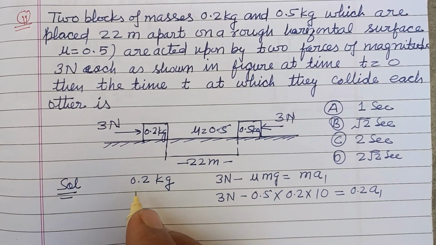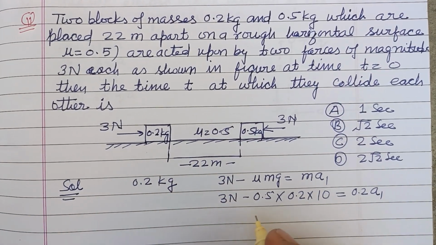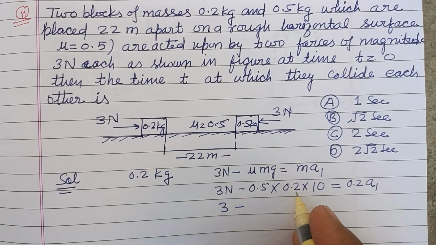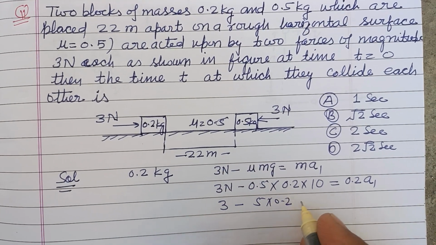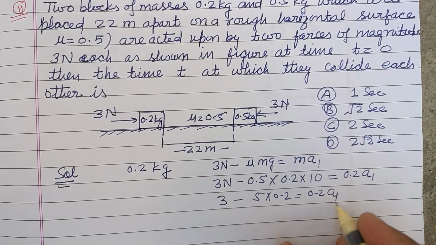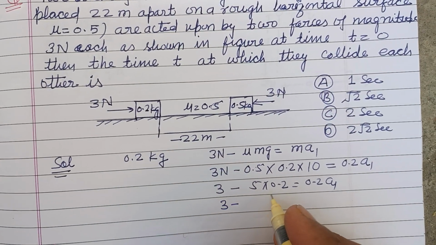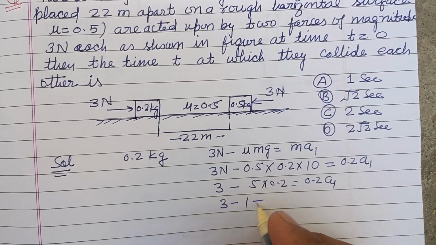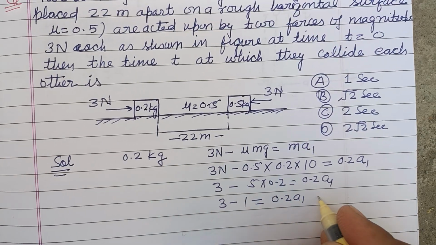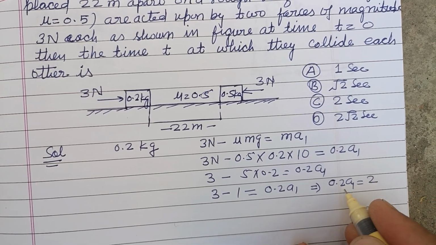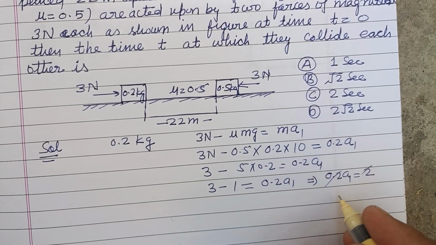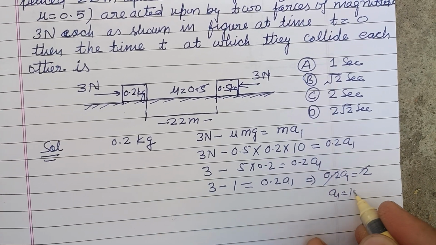So 3 minus this is 0.5 into 10 into 0.2 equal to 0.2 a1. So 3 minus 1 equal to 0.2 a1. Therefore 0.2 a1 equal to 2, and when we divide, a1 equal to 10